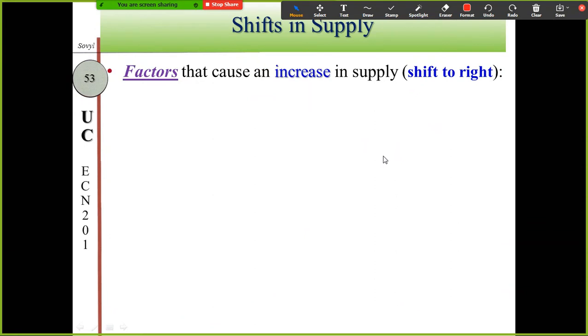Okay, I said that there are other factors. So a change in supply means the supply curve changes from its original location to a new location. So the curve changes because of other determinants changing, but not the price changing. Remember that one from the first slide of this video. Those are the factors that cause an increase in supply, or the factors that make the supply curve move or shift to the right hand side. So what factors are they? First,